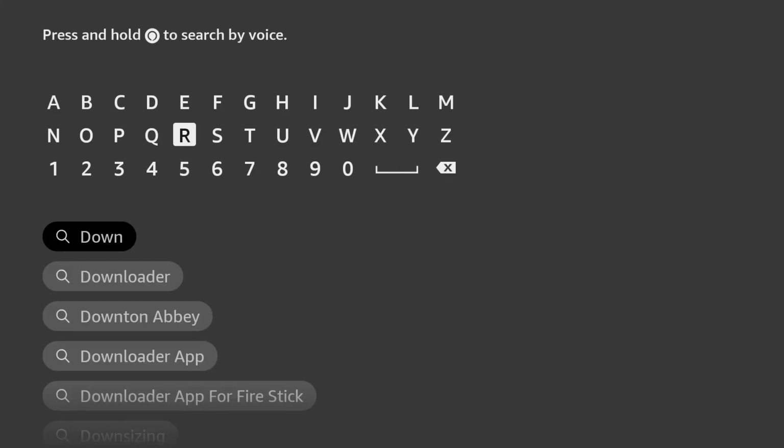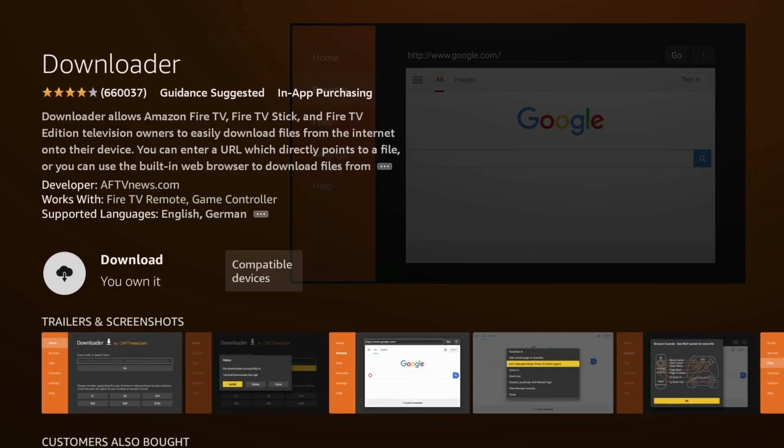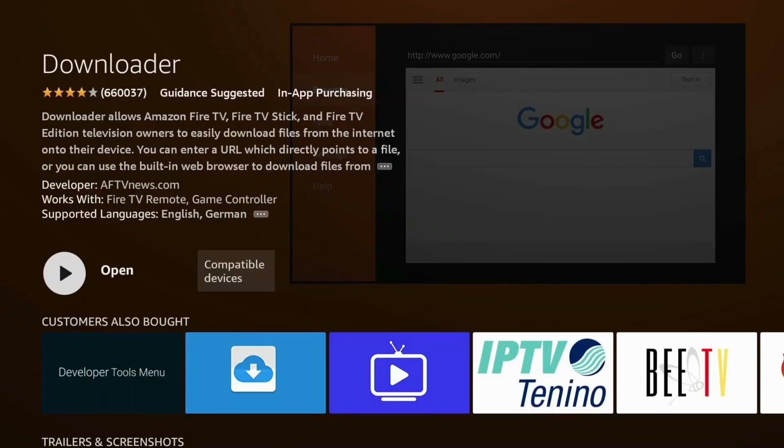We can just type in down and downloader comes right up. Once downloader is up, click on the little orange symbol there that says downloader. It says I already own it, so yours may say just get it, download it. Throws it into the queue real quick and downloads the application for us. Installs the application, and we can go back to the home screen because we do not want to open it